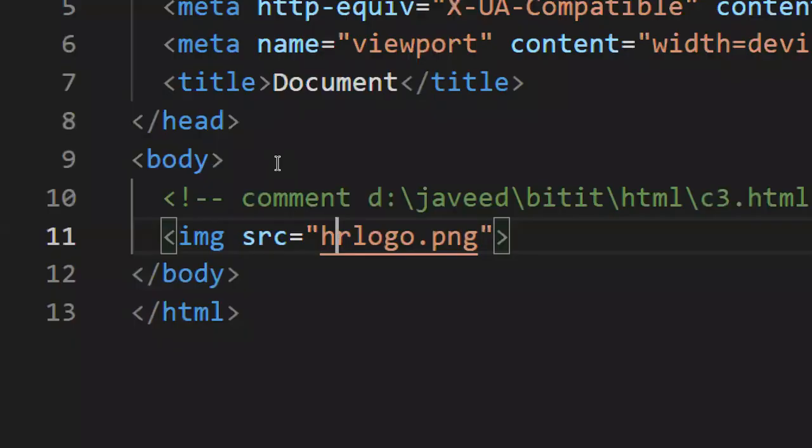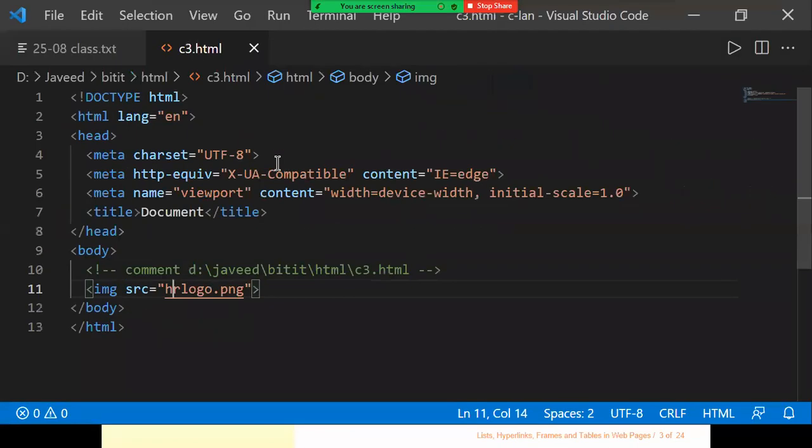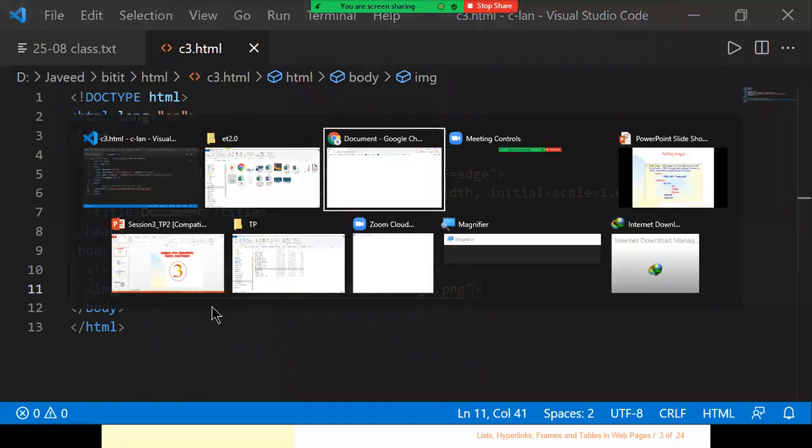And after that, I'll go to my browser, sorry, my Visual Studio Code, I'm going there. Okay, in the Visual Studio Code, now I need to give the complete path. I'm using Control plus V to paste the path. Okay, then I'm saving it, going back to the browser, then I'm using refresh. Now you see that the logo is displayed for you on screen, right? We are able to display the logo there.